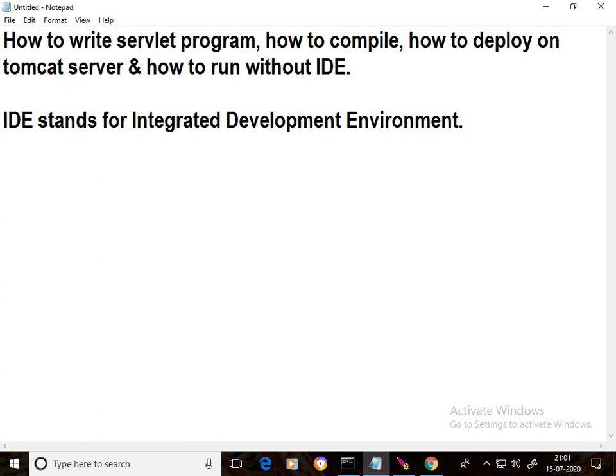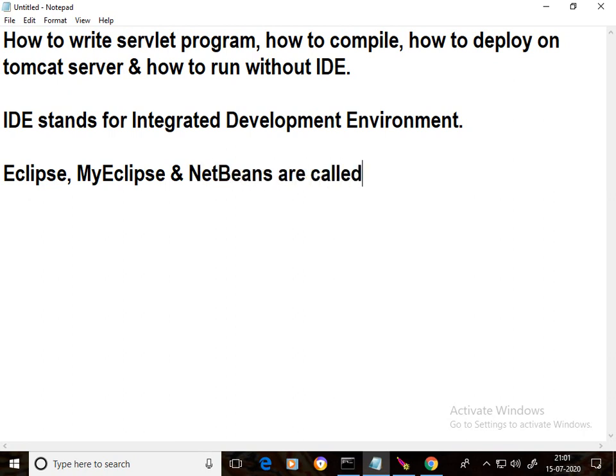For example, Eclipse, MyEclipse, and NetBeans are called IDEs, Integrated Development Environments. As a beginner, you have to learn without IDE. After getting some knowledge, you can use IDEs.